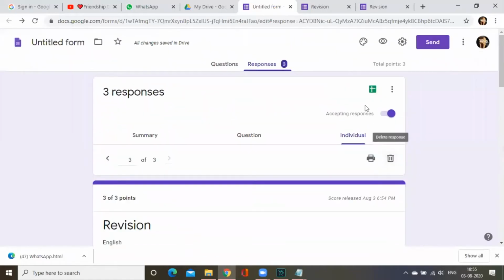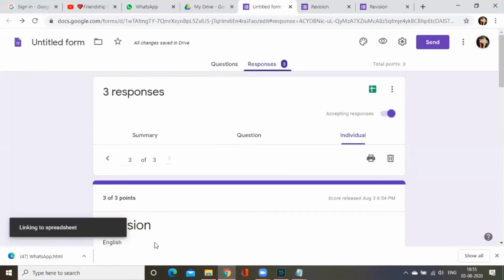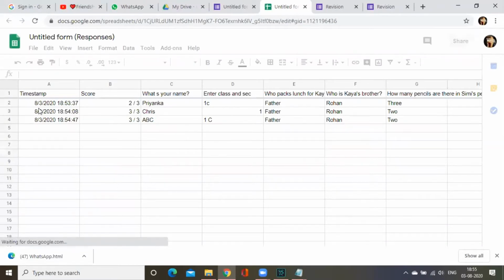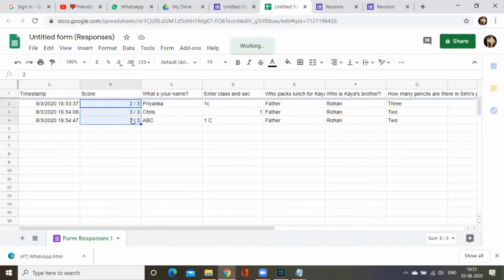If you want to get this in your Excel sheet, you can see create spreadsheet here. Just click on create spreadsheet and create. After opening this, on the right side corner you'll find create. Just click on the create tab and you can see your Excel form here. In the Excel form, the time they submitted the answers, the score, the name of the student, the class, and the answers are also displayed. From these, teachers, you can keep this database and later enter it into your MCB in your grade books.